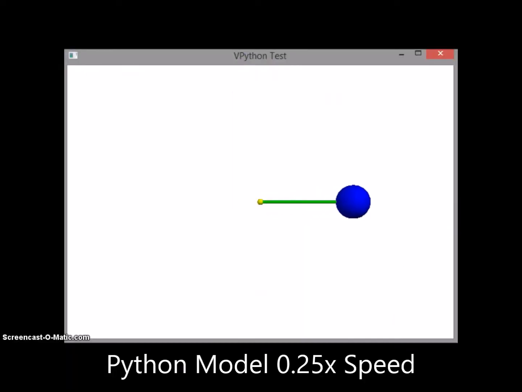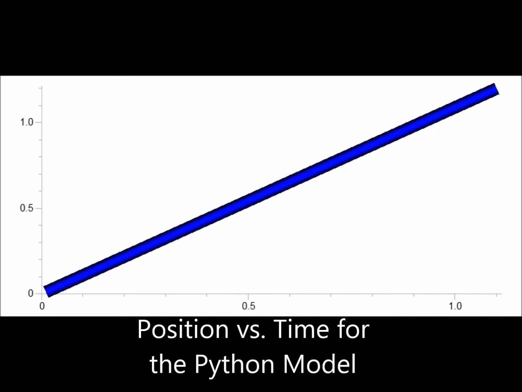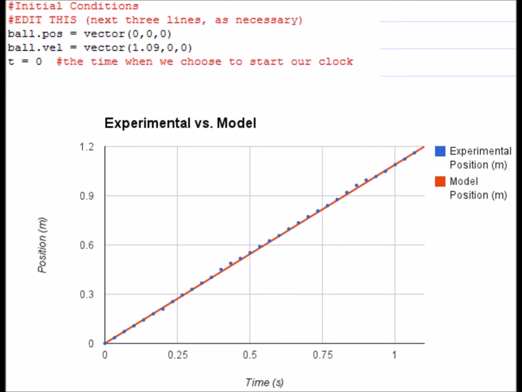Unlike the real-life Tracker depiction of the motion of the ball, the computational model provides a perfectly straight line with a slope of 1.09 meters per second on the graph of position versus time. Again, in order for Newton's second law to work properly in VPython, the ball's initial position, velocity, and time are used. The plots of the experimental position and the model's position are much closer to the same exact graph, so